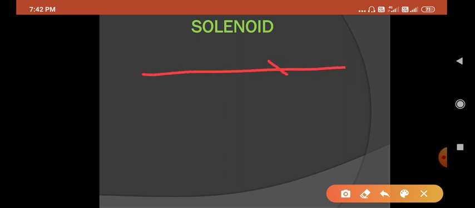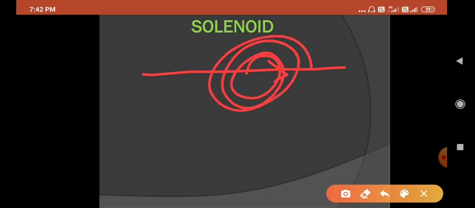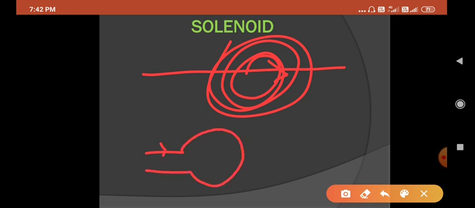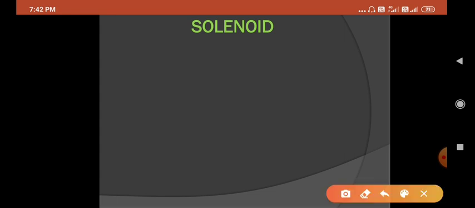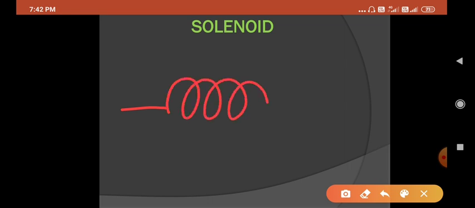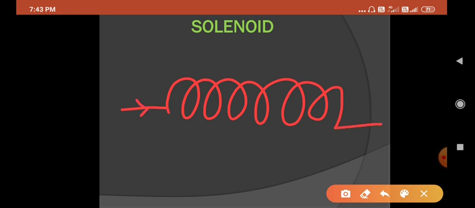For example, a straight current carrying conductor, and here the direction of magnetic field is something like that, isn't it? The second type of arrangement can be a circular loop of this form. You can arrange your conducting wire in this form. Here also we have seen like that. Above this we can make our conductor of this shape also, with current flowing in this direction.